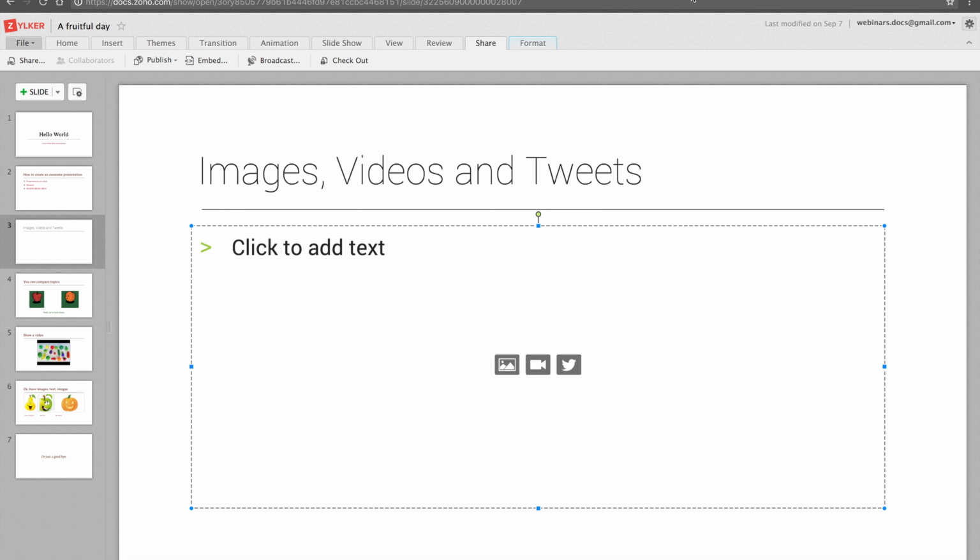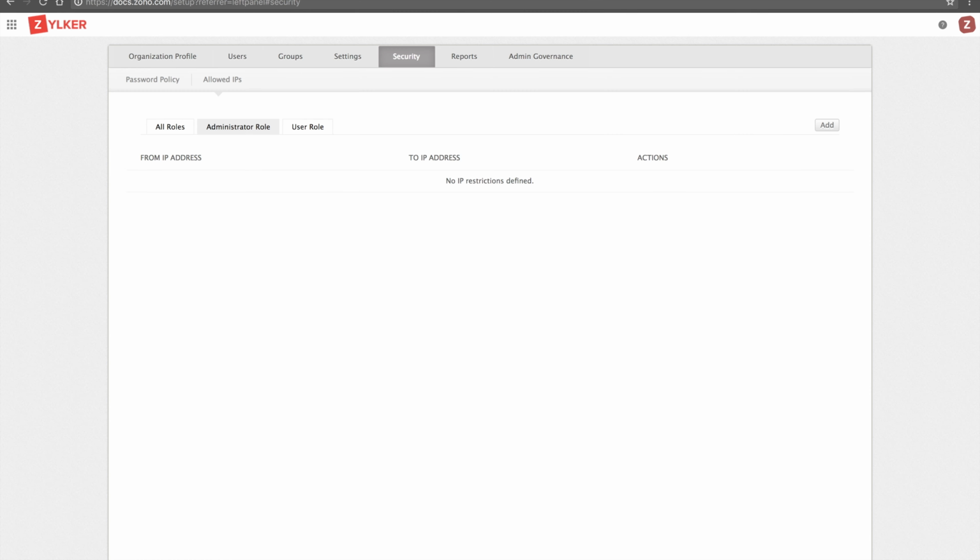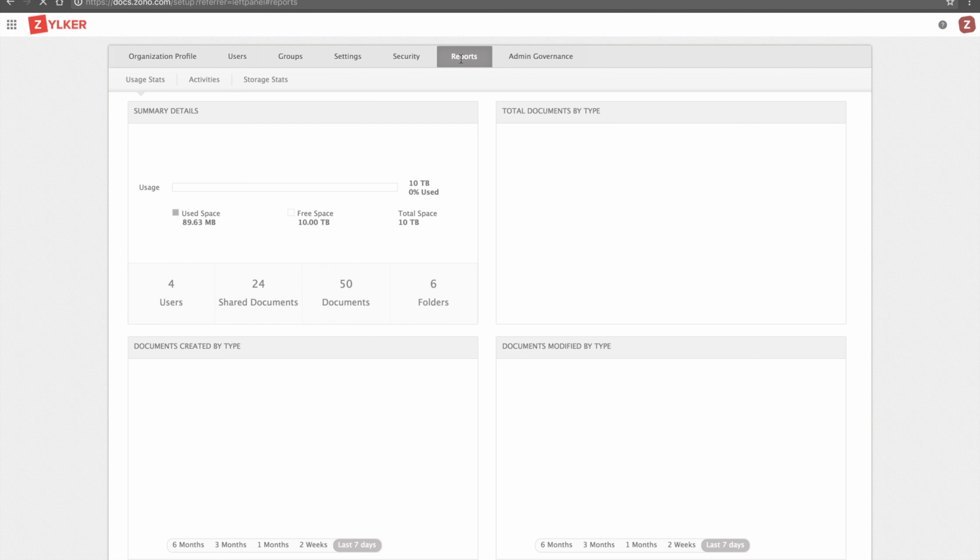That's about Zoho editors. Let me take you back to the setup like I told you before. The next section we have to visit over here is the reports section. Now we have usage stats as the first section within reports.